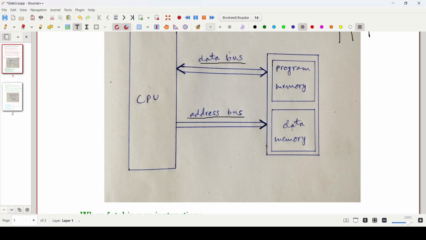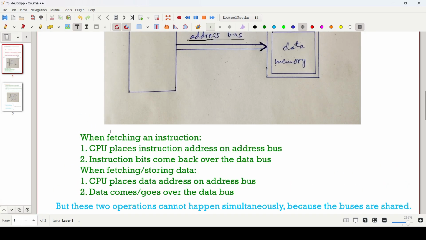Now let us discuss how fetching the instruction and fetching or storing the data actually happens. First of all, let us discuss fetching the instruction. The first point is that the CPU places the instruction address on the address bus. Suppose the instruction address is 0x1234. So the CPU places this address on the address bus, and the instruction bits come back over the data bus. Suppose this instruction compiles to